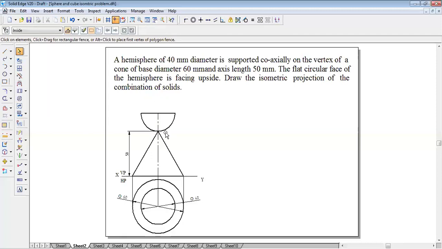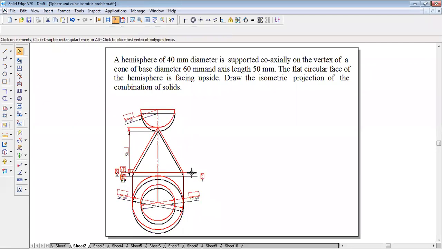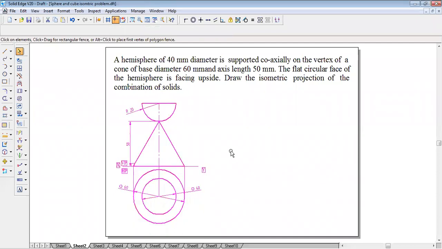See, this is how it is seen in the front view. I can give dimensions this way, because this is radius 20 mm or diameter 40 mm. This is how you have to draw the orthographic views, the front view and the top view.